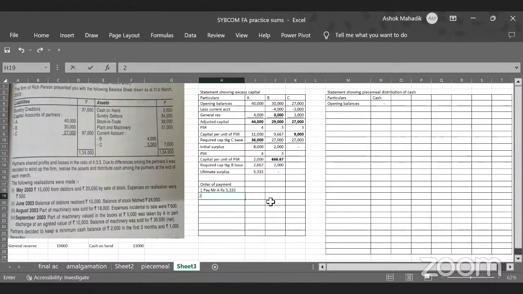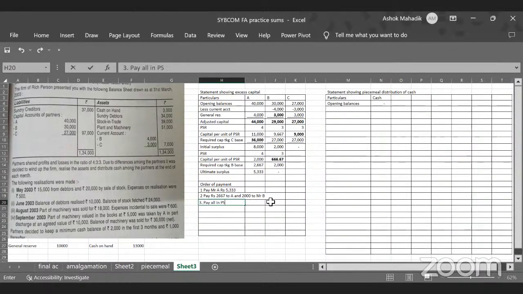Order of payment number 2 will be second last line. Pay rupees 2,667 to A and 2,000 to Mr. B. Clear? And what is the last payment of order? Pay all in PSR. That is fixed line. Pay all